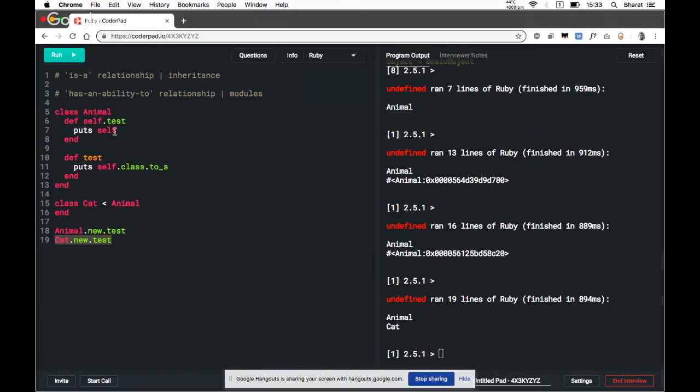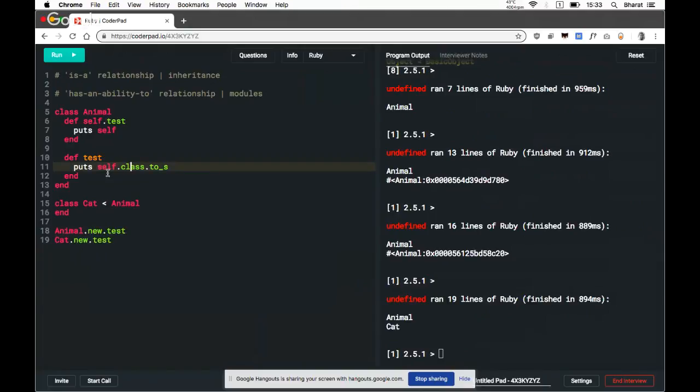And since we use self.class.to_s here, it will give us the contextually relevant information. And once we throw in "my name is this and I am at this," then we can in fact have one method here, but this has a dynamism to it. It's useful for the superclass and the subclass.